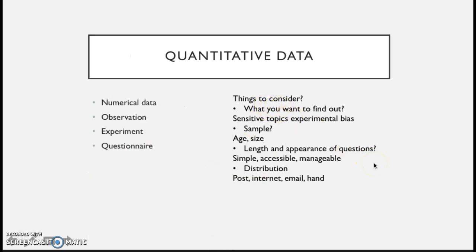So quantitative data is data which is different to qualitative data because it's numerical. It can be done in different ways. So there's numerical data which can be collected from observations. So this can tally up what you've actually seen, how many of a certain pass they did, or how many of a certain action. Experiment, because you can count up how many times something happened, and also a questionnaire, because you can